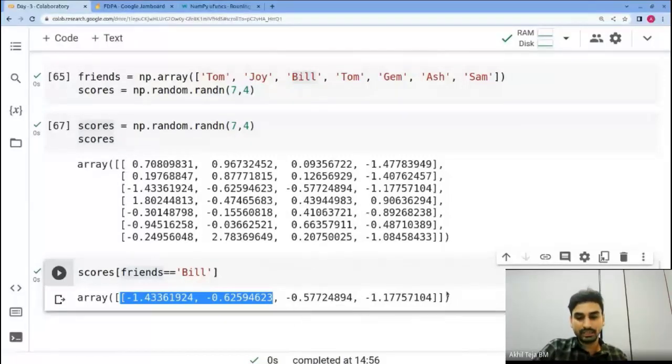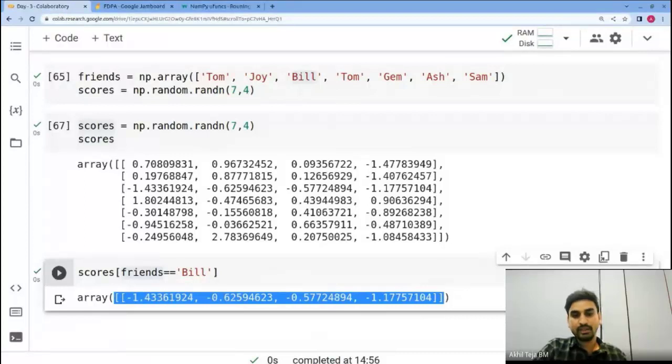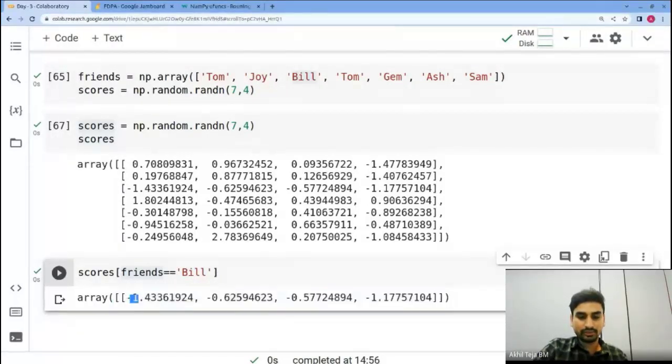You do remember that this is a matrix because it's a 2-dimensional array, and I'm trying to access only the first 2 values. So if you remember my slicing concept, you need to give colon syntax for rows